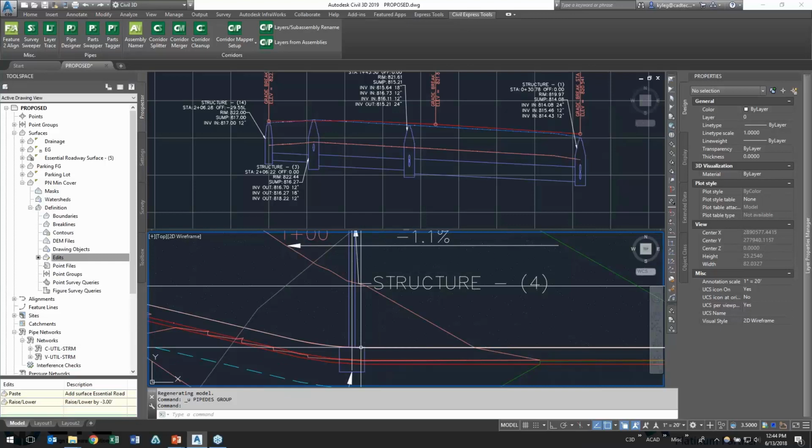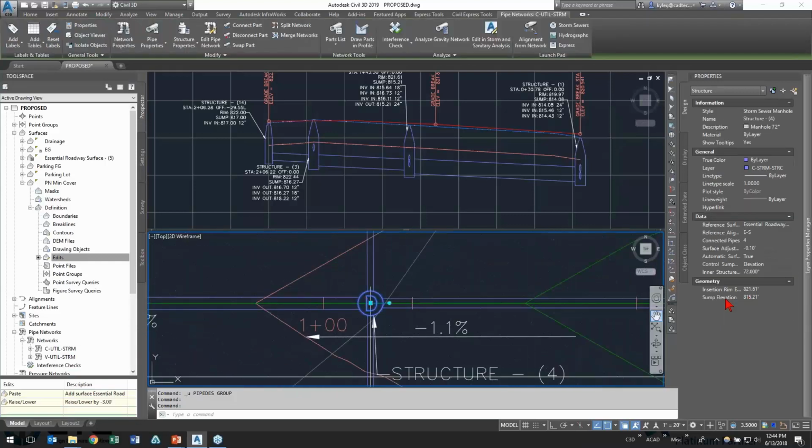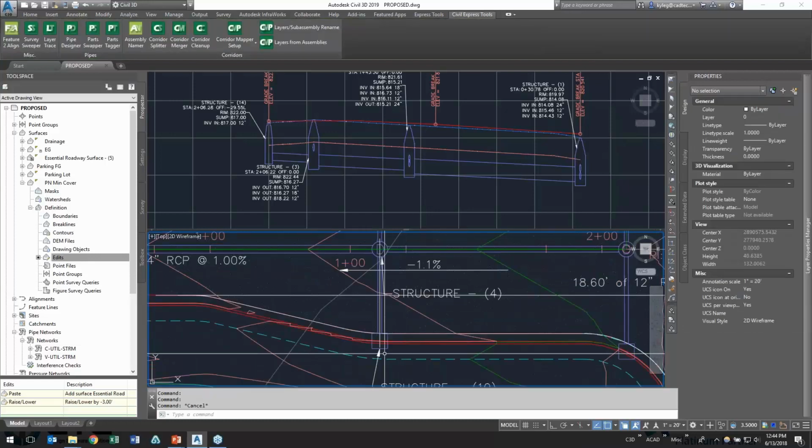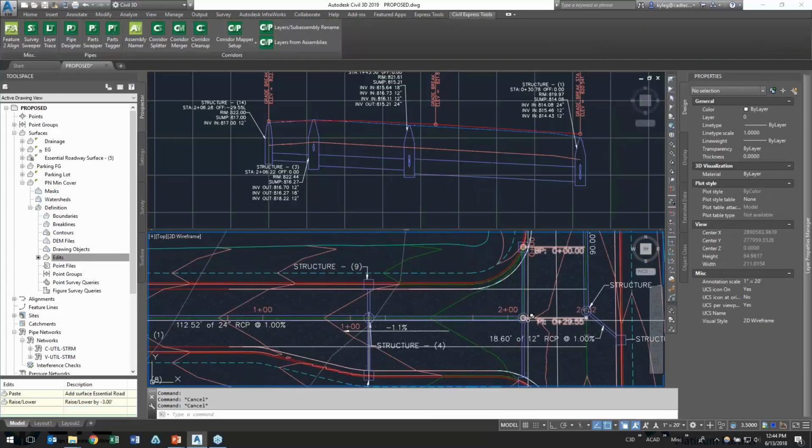I'm going to undo that real quick. So I have to have that at 816.12, and it's at 815.21. So I actually don't have to change my trunk line design at all. But if I did,